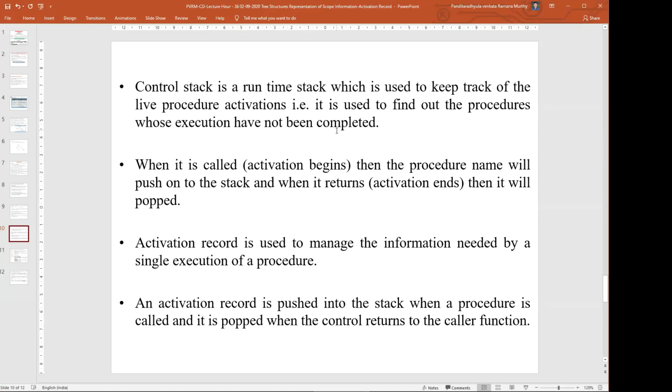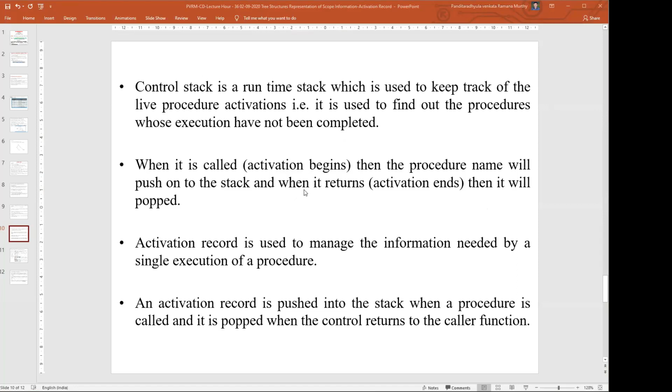When a call is made and activation begins, the procedure name is pushed onto the stack, and when it returns, that means it completes execution of the function, it is popped. We know all these things, but now we are using them as part of the symbol table, and it contains the activation record.